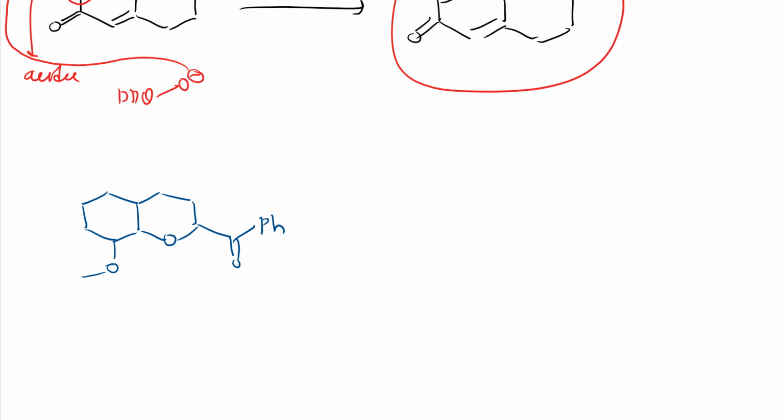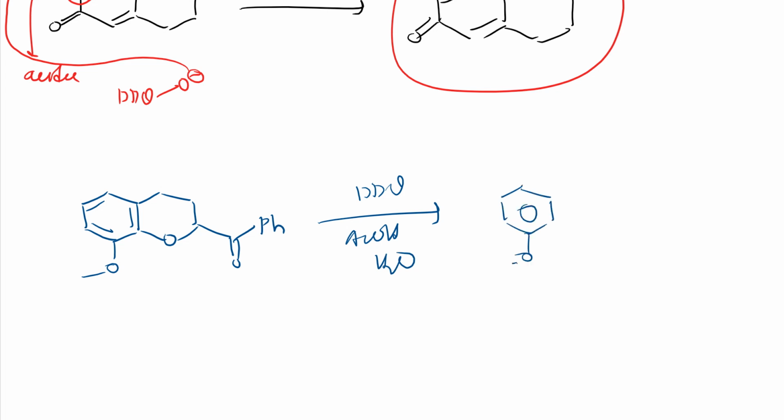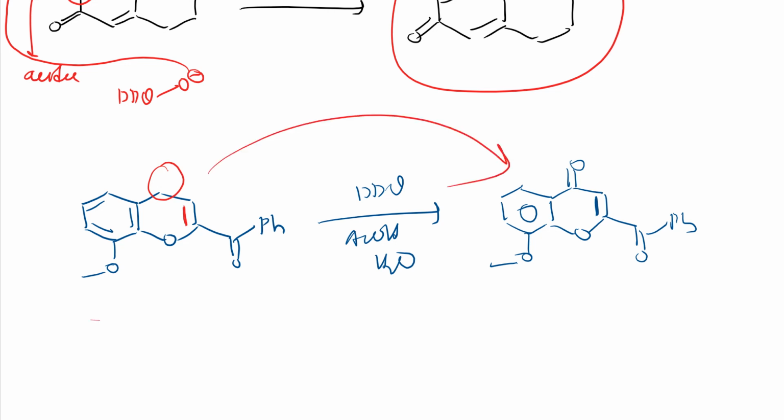I have told this several times, so that you should not do anything wrong, right? OCS3, right? I have this compound. To this, if I add DDQ in acetic acid and water, as they have used, I'll get this product only. The benzene ring will be as usual, but here I'll get a double bond O and other things as they are, right? So what extra things did I get? Here I got a double bond O and here I got a pi bond. See here, just compare. Only these things are extra.